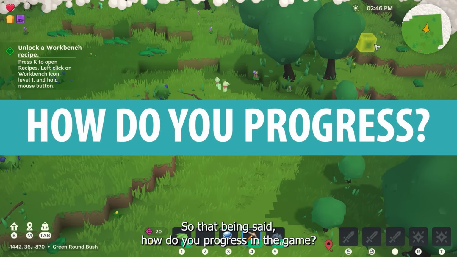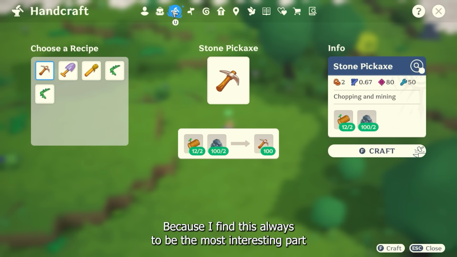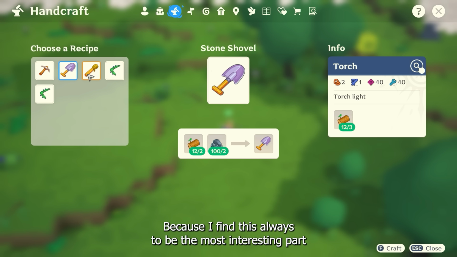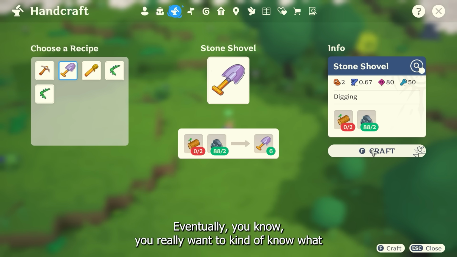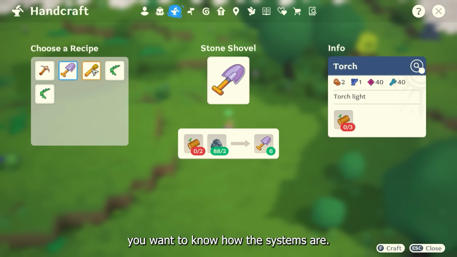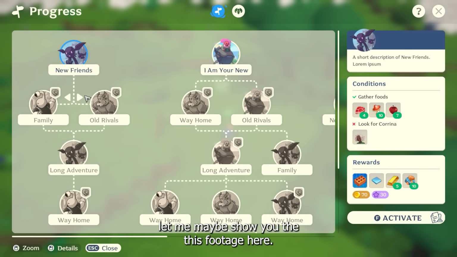All right, so that being said, how do you progress in the game? Because I find this always to be the most interesting part, or one of the most interesting parts of our survival games. Eventually, you really want to know how the systems are. Well, I actually plan to talk about this maybe more in future devlogs, but let me also show you this kind of